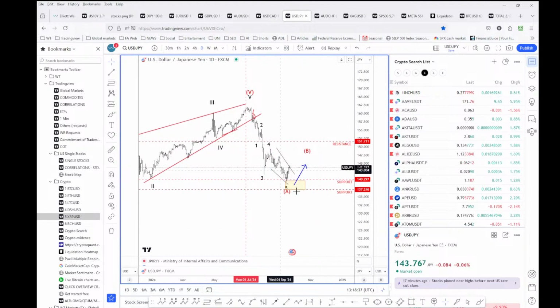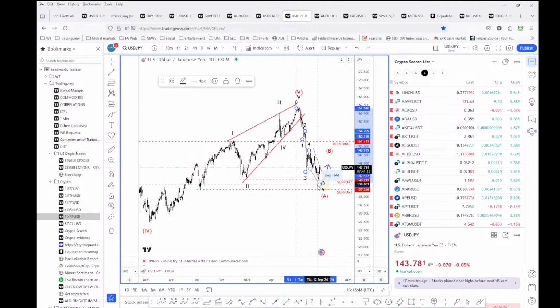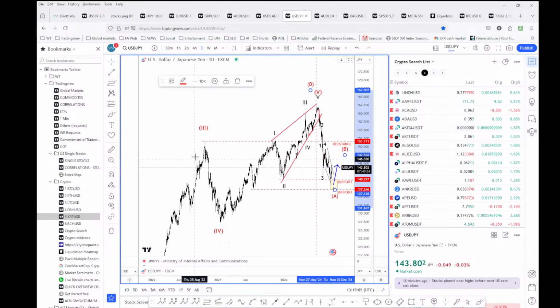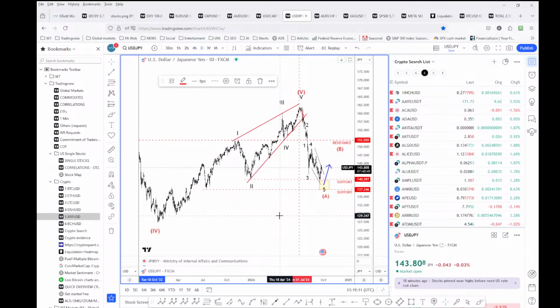So this is what is turning this pair around, but I'm not really convinced if this wave A has already bottomed, or if there is maybe going to be another retest of the recent lows. But certainly this appears to be a very strong support area. However, I'm bearish on dollar yen and will be expecting even more weakness. I'm just saying that sooner or later we could see this correction coming, and maybe this is it, because if the Bank of Japan is now on hold and is not going to be that aggressive at this stage, then maybe it's time for a pause here as well regarding